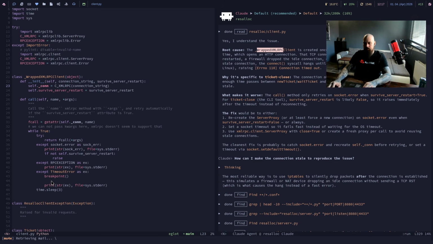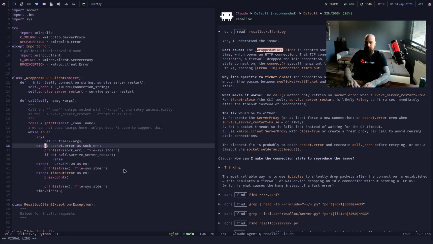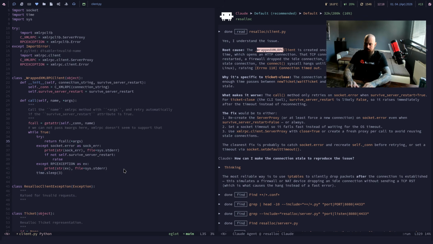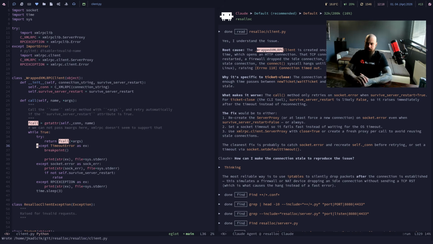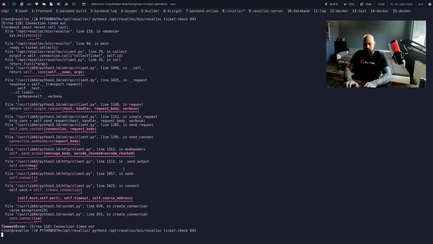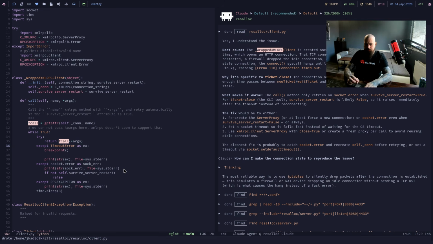So was this caught by this actually and then erased? What if we put the exception at the very top? I don't know if it helps or not, but we will try. If it doesn't help,